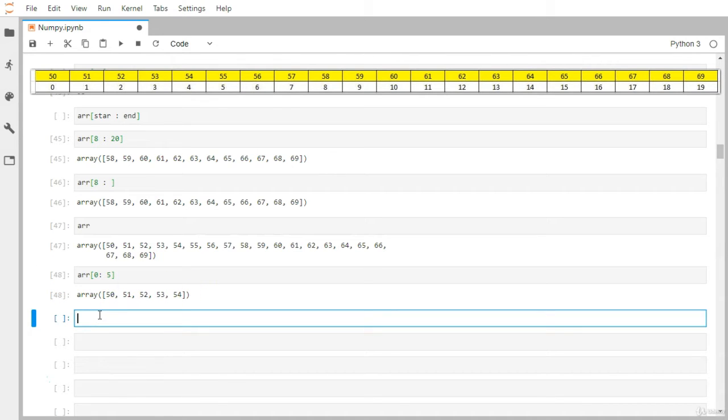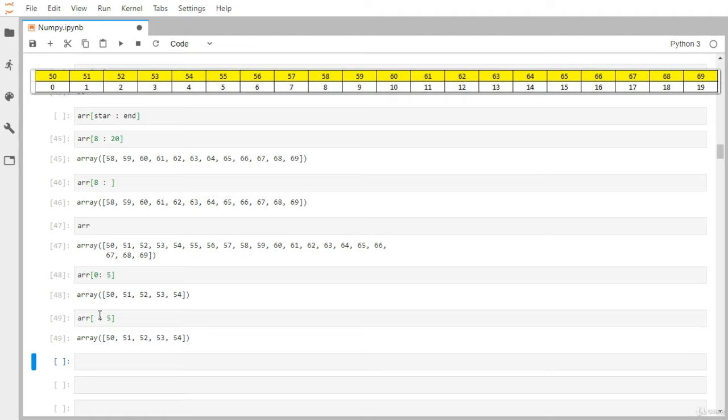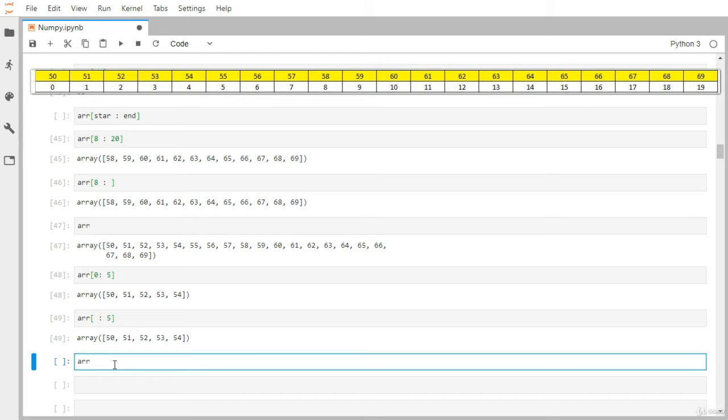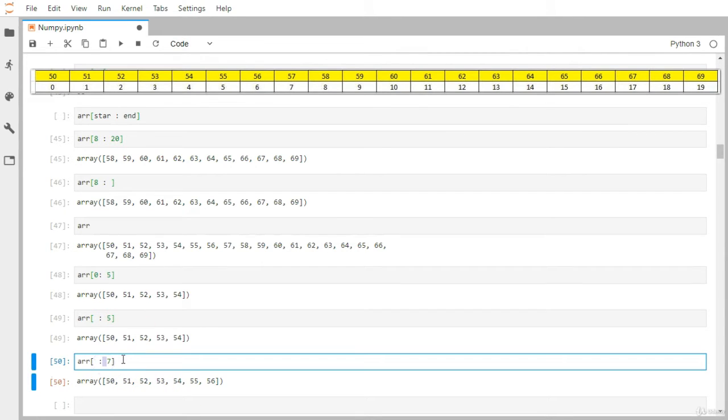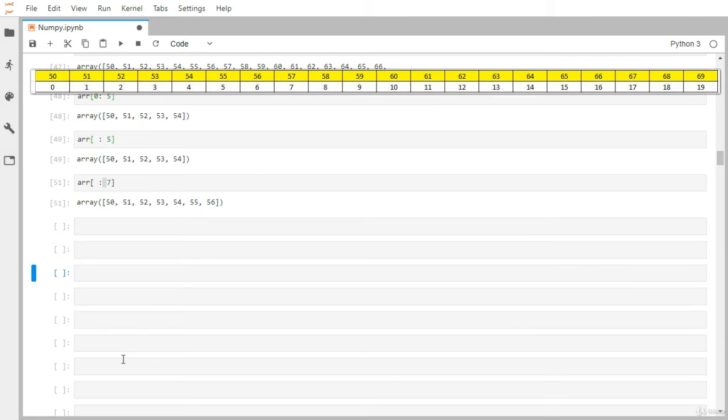Now as we want to start from the very 0th element, you do not need to write this 0 even. So we will just keep the start index blank, and the end index, let's keep it 5. So from the start of the array, the first 5 elements it will return. Let's say instead of 5 elements you want to grab the first 7 elements, you can just put 7. No need for this space actually, I just kept it for visualization purposes.